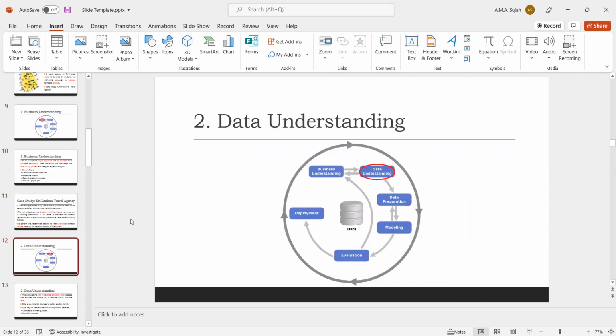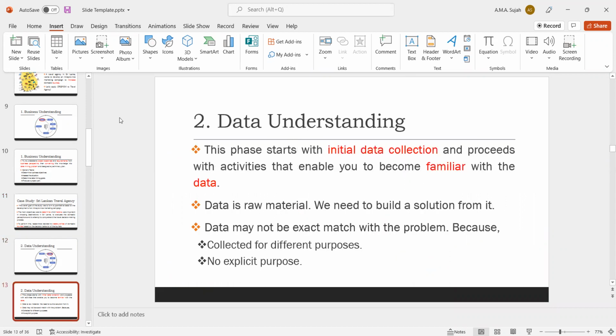Okay, now we can move to the second phase, data understanding. Data understanding starts with the data collection process, in which we need to familiarize ourselves with the data. Even if we have good knowledge of the business domain, it's not enough to achieve the goal we plan to complete throughout the data mining project. After business understanding, we must start the data collection work, and after collecting the data, we must familiarize ourselves with it.